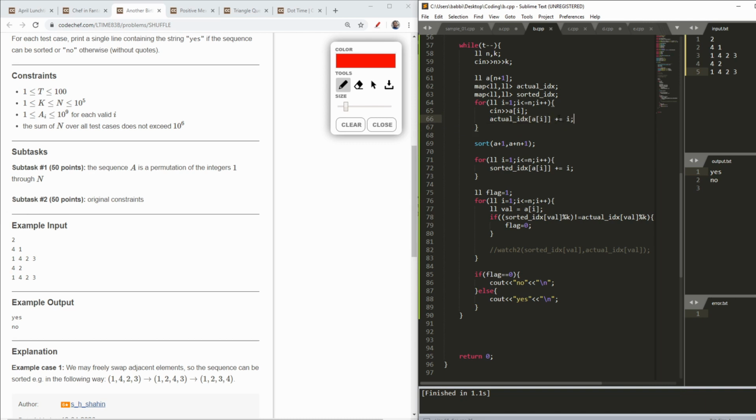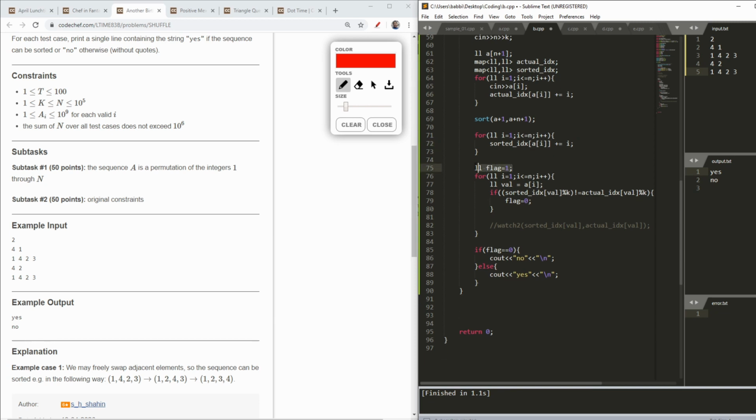Although I could update it only by this, as I explained, if the element is repeated, then I also need the sum of all its possible indexes. So I'm doing plus in the map. Then I sorted it, because at max I can go to n log n, since n square is not possible. It will exceed the time limit. Then I stored my sorted index here, and the same goes for this, that I added the index value.